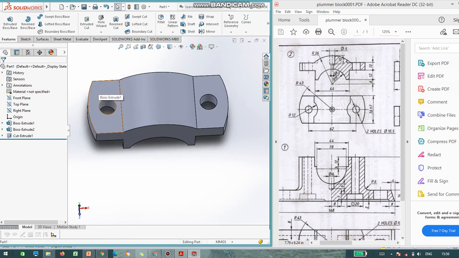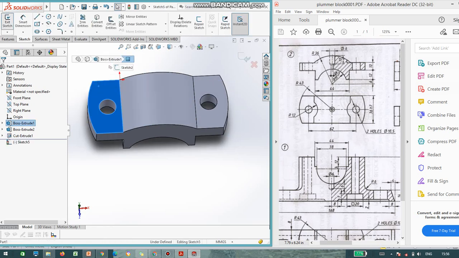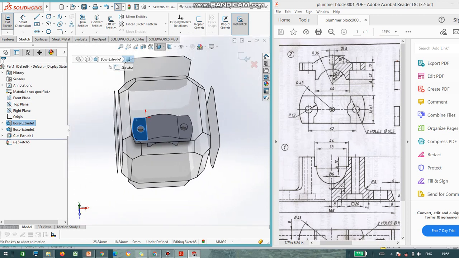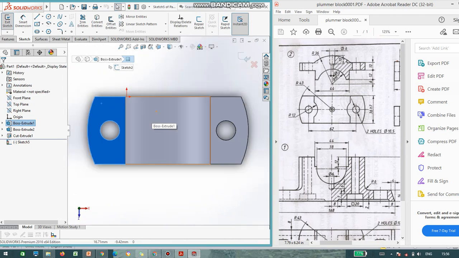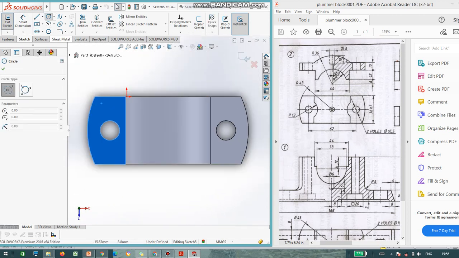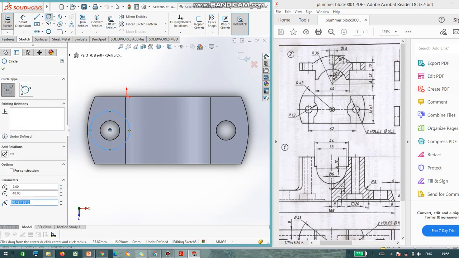Okay, so we need to repeat the same procedure. There are 2 holes again. With respect to this, I'll draw another circle of diameter 24. You can see the radius 12 is there, so the diameter will be 24.